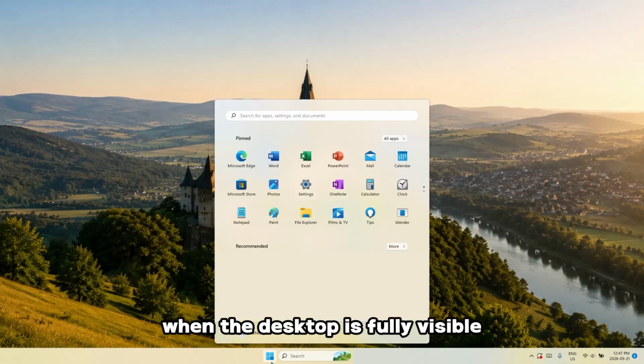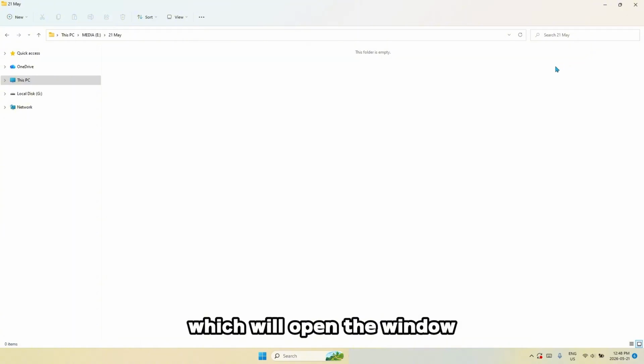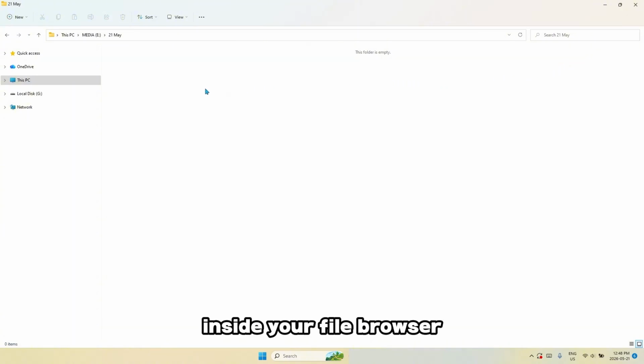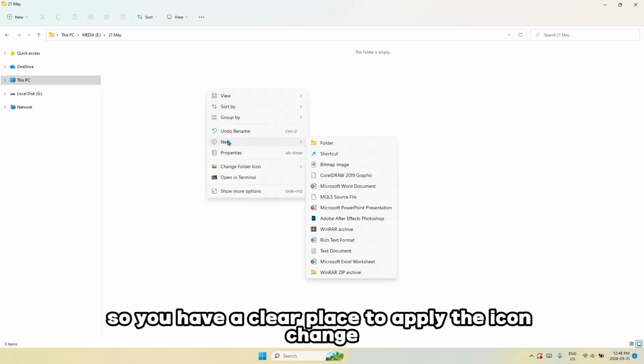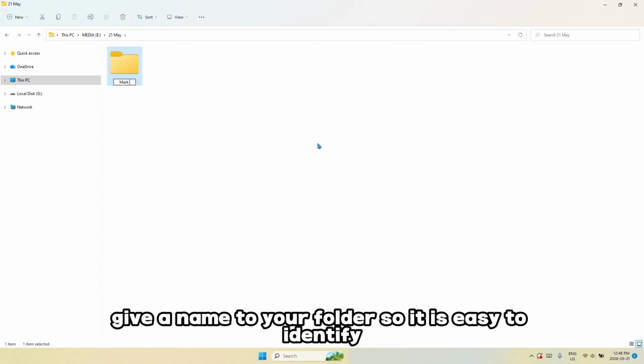When the desktop is fully visible, go to your file browser by left-clicking it, which will open the window where all your files and folders are stored. Inside your file browser, make a new folder that you want to mark so you have a clear place to apply the icon change. After the folder appears, give a name to your folder so it is easy to identify